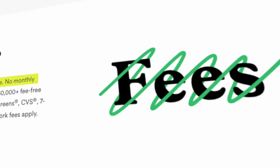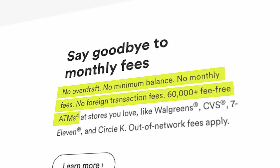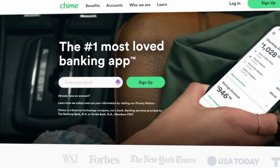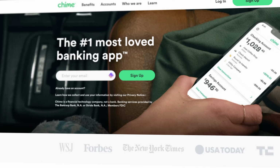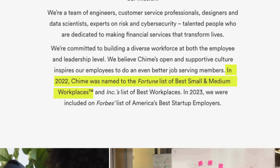Today, we're going to look at Chime, a company that since its beginning has been focused on eliminating traditional bank fees such as overdraft, monthly service, and minimum balance charges. They've taken a mobile-first approach with their services, and they've been recognized for their user-friendly app and also for their focus on financial wellness. And for what it's worth, they've been named one of Fortune's best places to work in